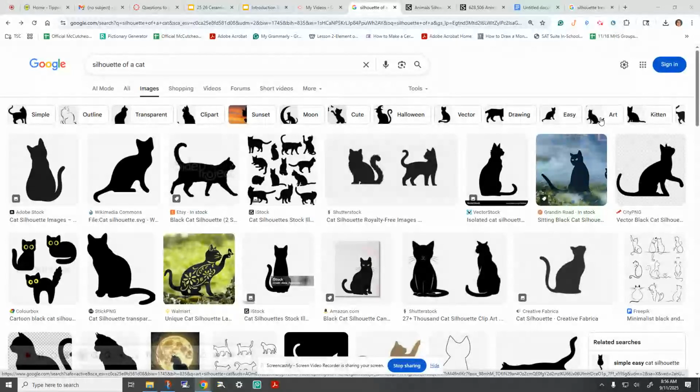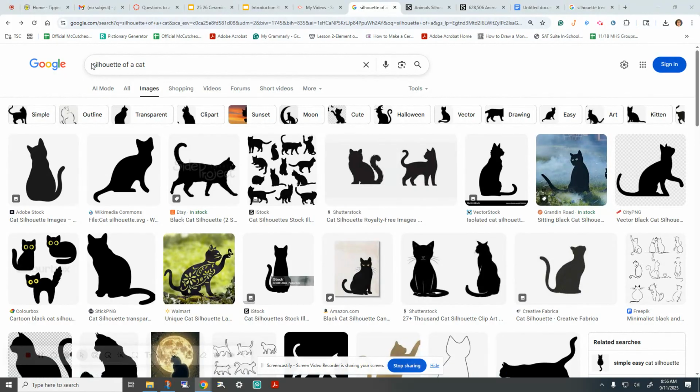Okay, we are going to start looking for silhouettes of your animal that you're going to create. As you can see, I have typed in silhouette of a cat. Now, this is the type of silhouette that you're looking for. You want it to be where you can see the animal's face either looking to the left or to the right. You do not want to have anything like this because this is either facing towards you or away from